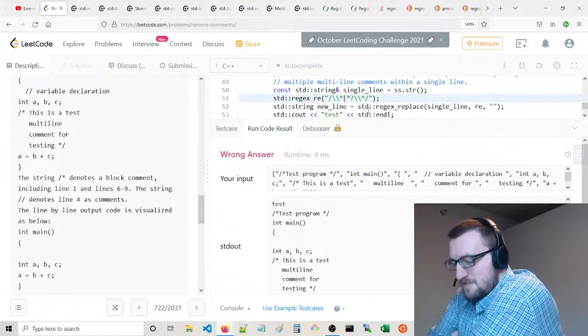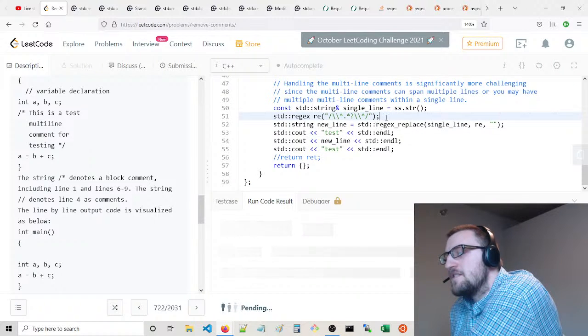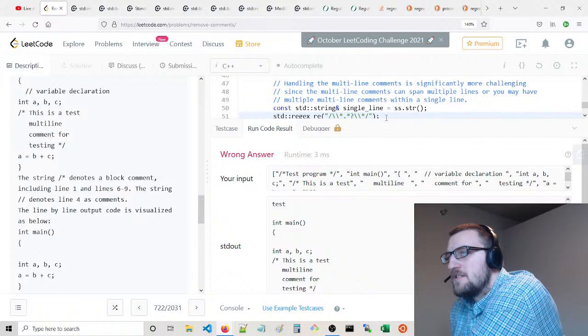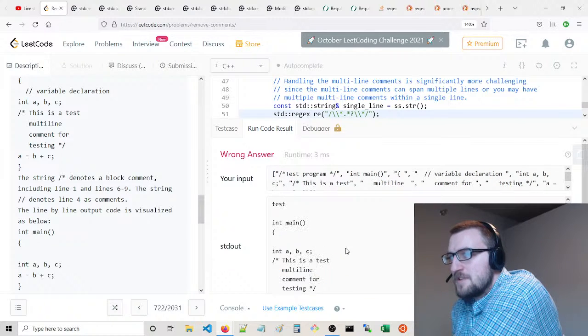Let's try again. That doesn't replace anything. Okay, so we got one, but how about this one down here? How come this one's being left out?